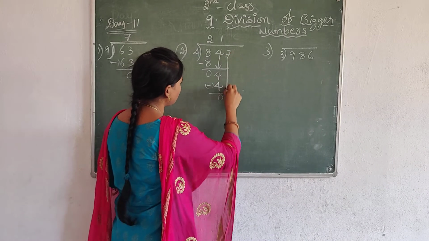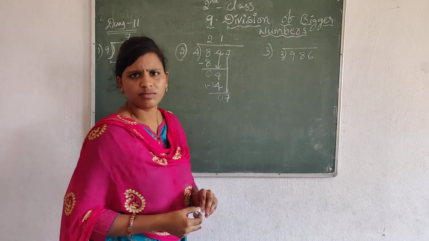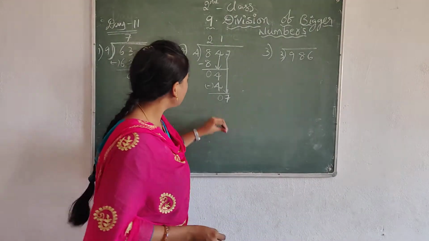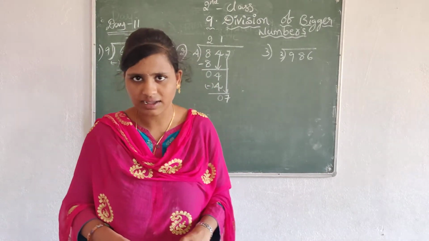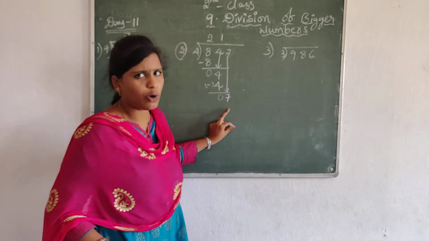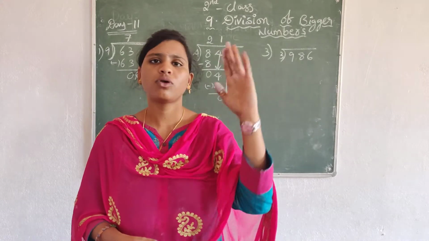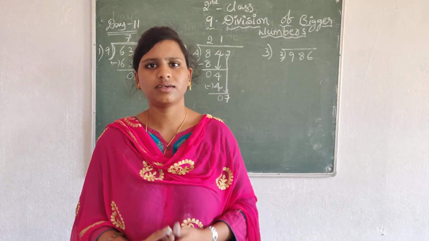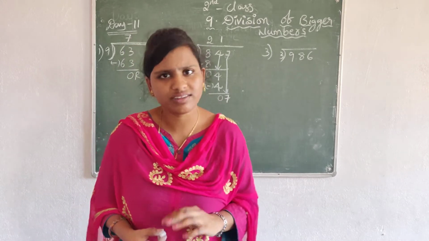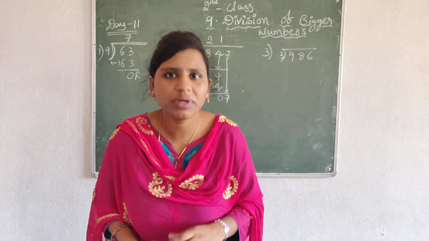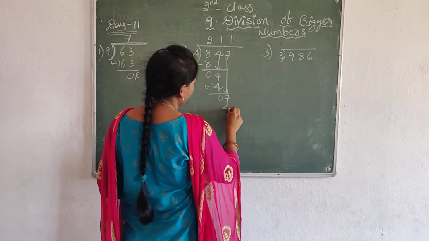See, take another number, that is 7. This 4 is cancelled with 7. Yes or no? It doesn't cancel exactly. The numbers below will be cancelled. See, 4 is cancelled in 7? No. But this is a greater number. 4 is a greater number, right? So see, below 7 is 6. 6, before that 5, 5, before that 4. 4 is cancelled in the 4 table? Yes. How many times? 1 time. So take 1 and write 4.